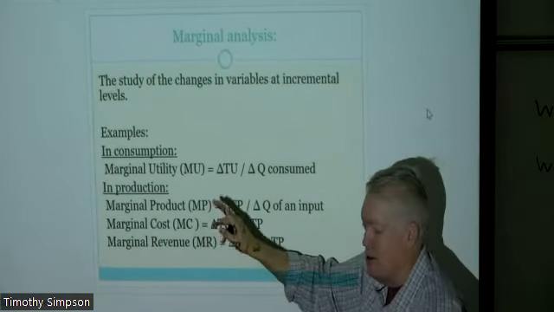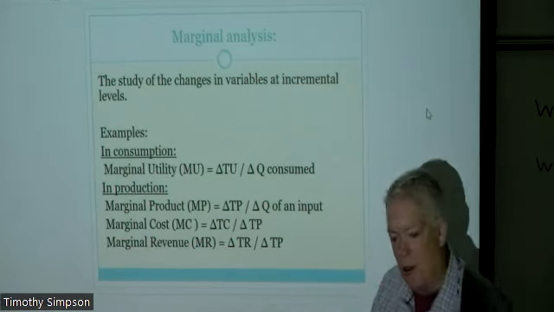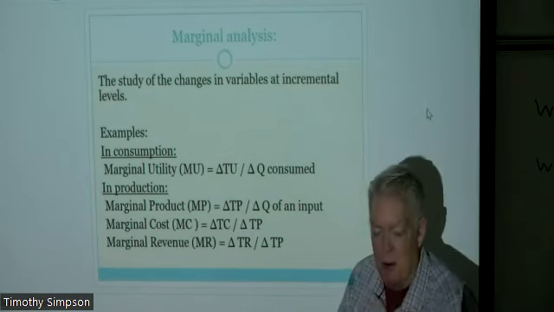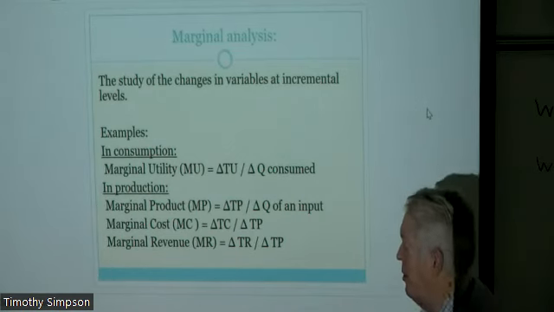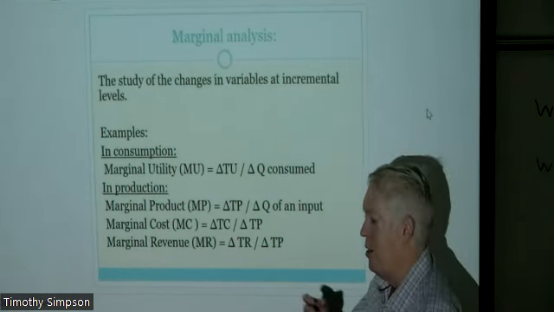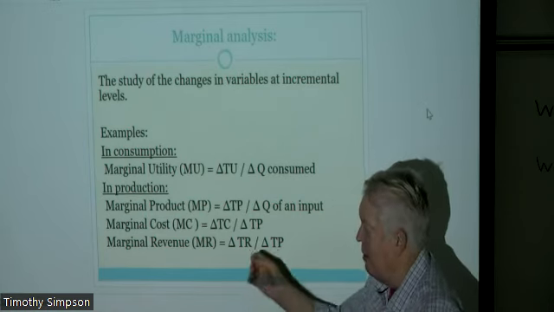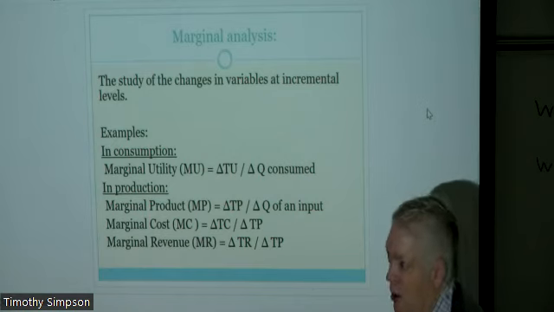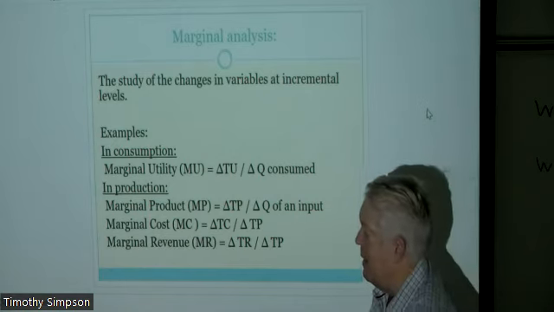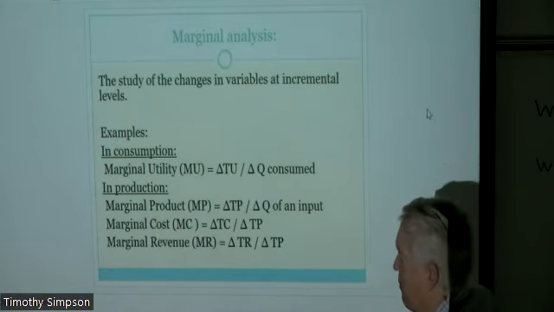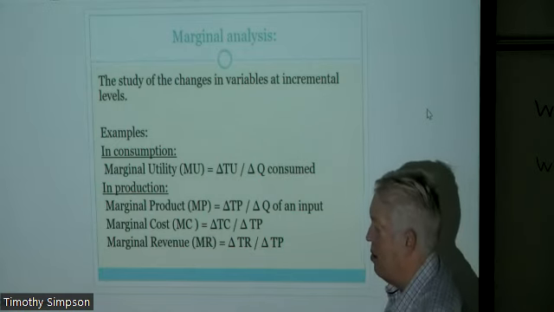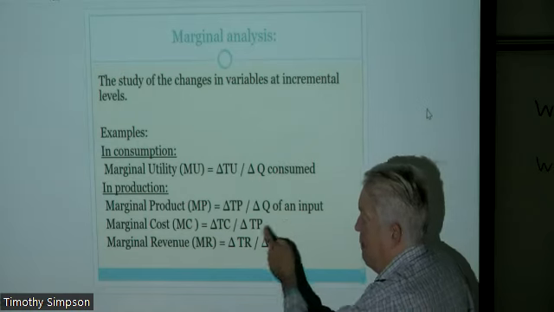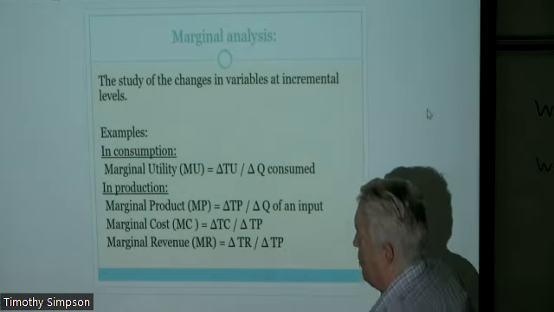Just like in the discussion of utility, where we talked about utils and how much benefit or satisfaction someone was getting from consuming a good, now we're going to talk about what the cost is in dollar terms of producing goods, and that is the marginal cost, which is a very important value that we're going to be talking about today. It's going to get us into talking about what these costs look like over time and why the marginal drives the average. It's going to be an important relationship.